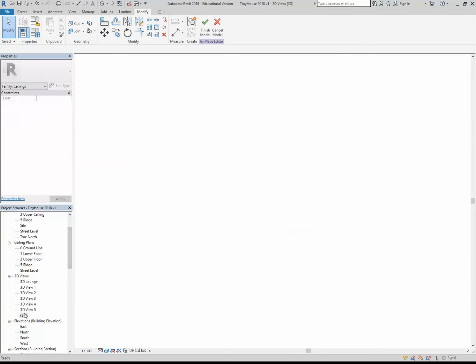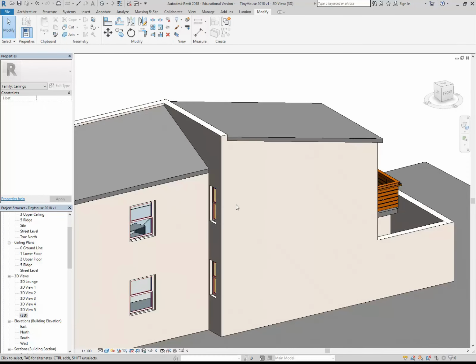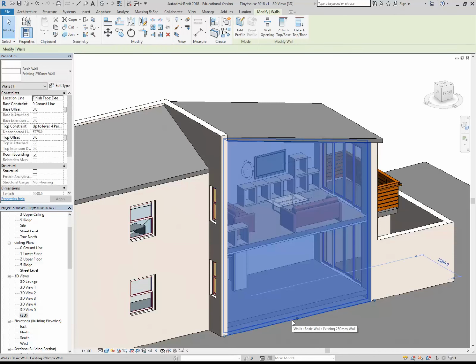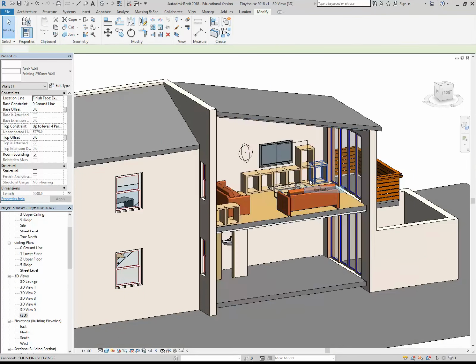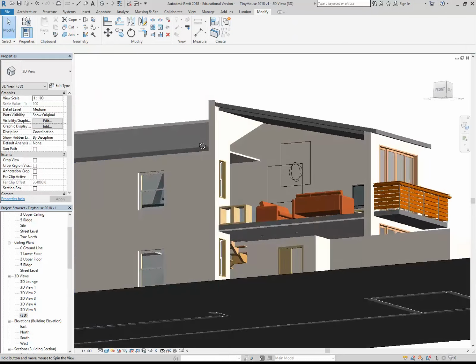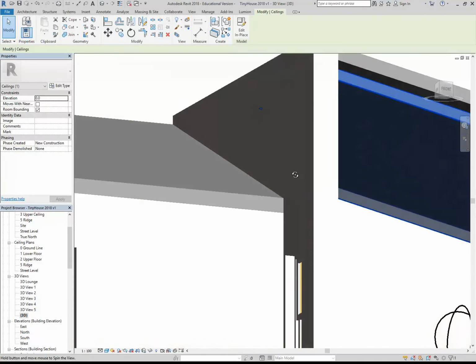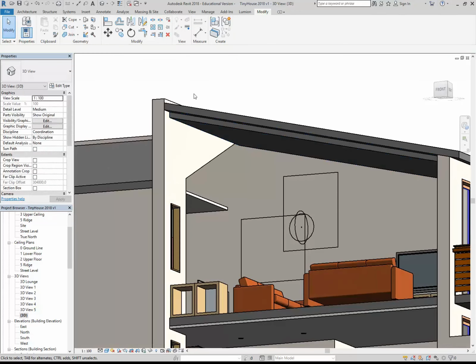So I'll go back to my 3D view, and I might just finish that ceiling, and then I can show you if I select this wall here, and I might just hide that so that you can see clearly the ceiling that I just made sitting in there. Or they could just be 50 mil, but they can be deeper. Yeah, you're right. Okay, so